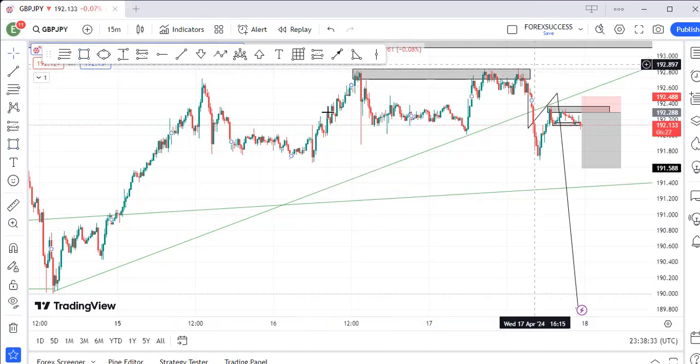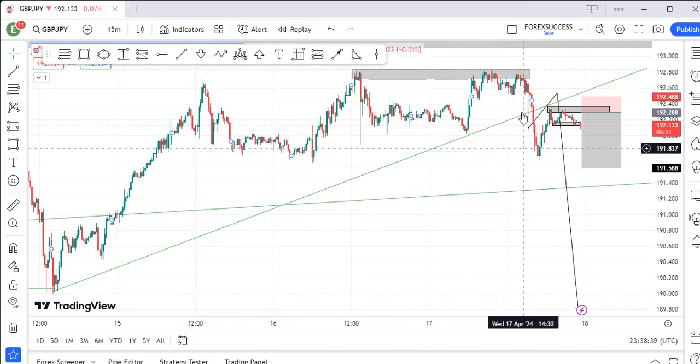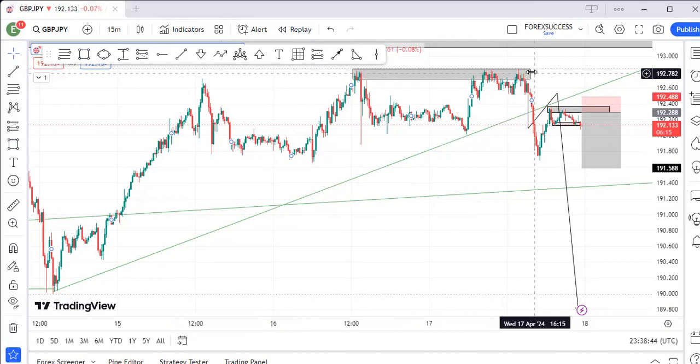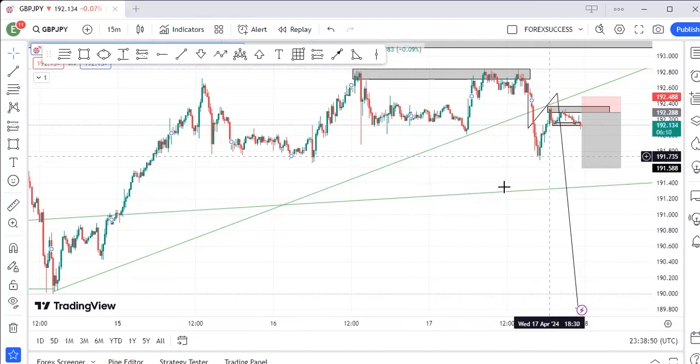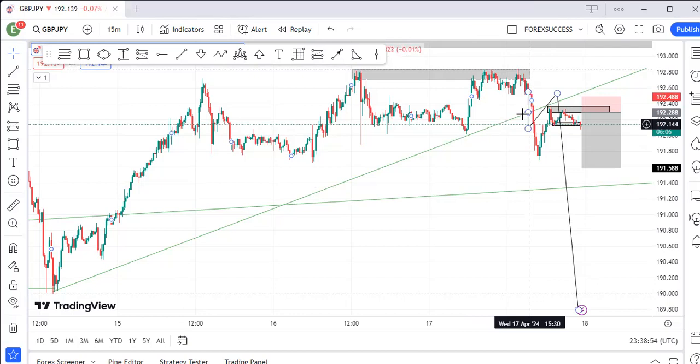Double top, right? So now this double top happened with news today on JPY, and then it broke this trend. This is my mini trend on a 15 minutes time frame. So price broke it to the downside and then retested this trend. Now I will show you guys the screenshot. Now you can see this line I drew here with my path, the one I drew down, right, then up,